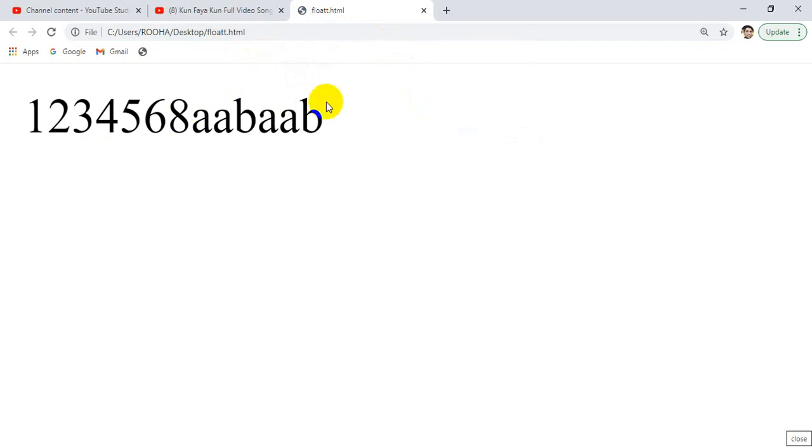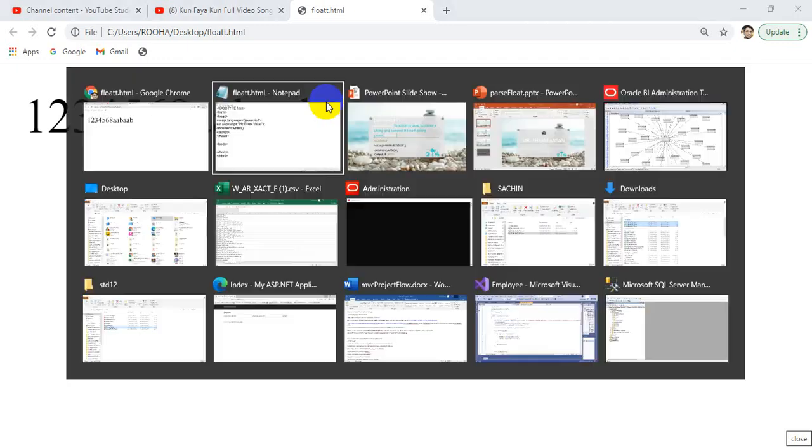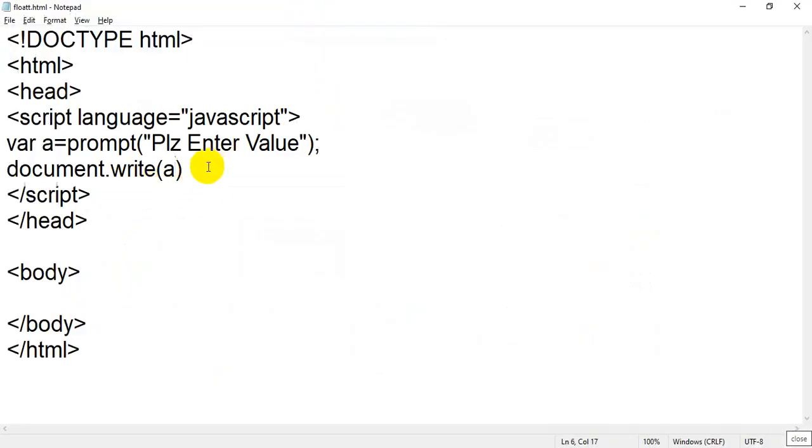Okay, now we are moving towards our main topic of today's lecture, that we have to learn the float function. We have accepted some value by using the prompt function, and you have to remember the prompt function accepts value in the form of a string.